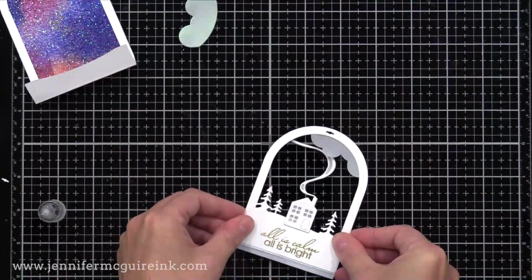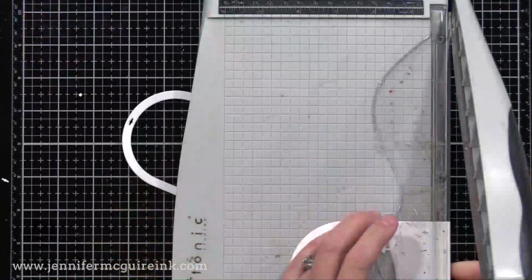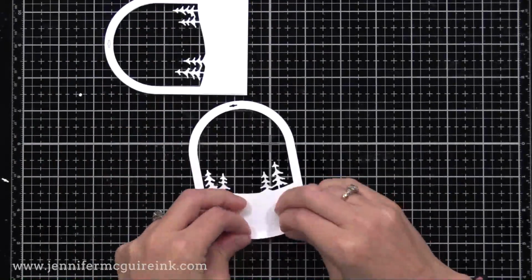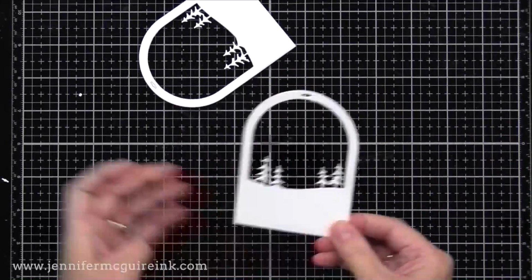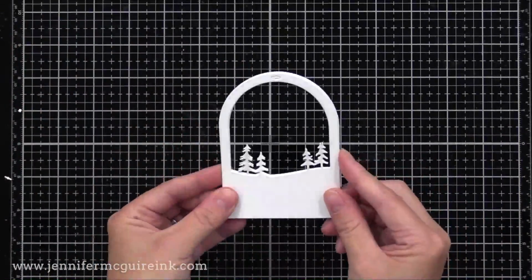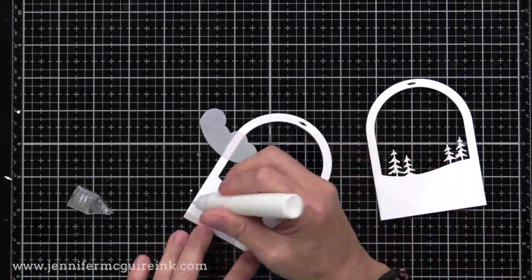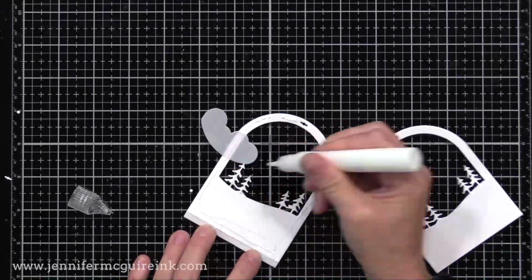I actually wanted to create a second layer too, so there's lots of dimension built up inside of it. So I used one of the other Snowglobes, die cut it twice from white cardstock. I'm folding one on the score line and cutting at the score line on the other. Same thing as I did last time, and this just creates another layer for our Snowglobe. Once again, I die cut some of the clouds from vellum, and I'm gluing it between the 2 layers so it's